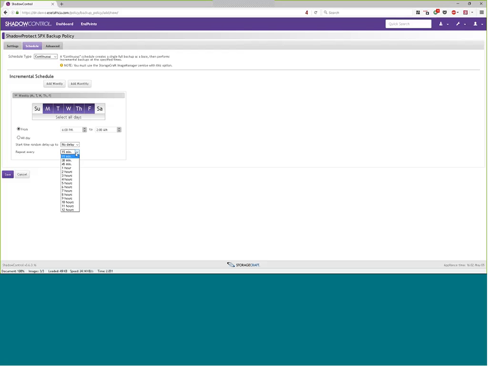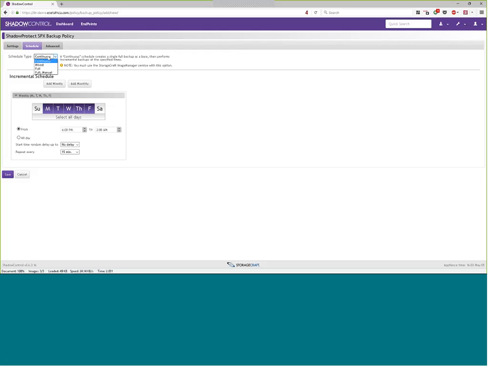So this is where you define your recovery time objective and your recovery point objective, because you need to determine how far you are comfortable sitting without data. How often do you need to run that backup schedule? How important is that data to you? Do you only want to do it, say, every 12 hours, or once an hour, or once every 15 minutes for a critical system?